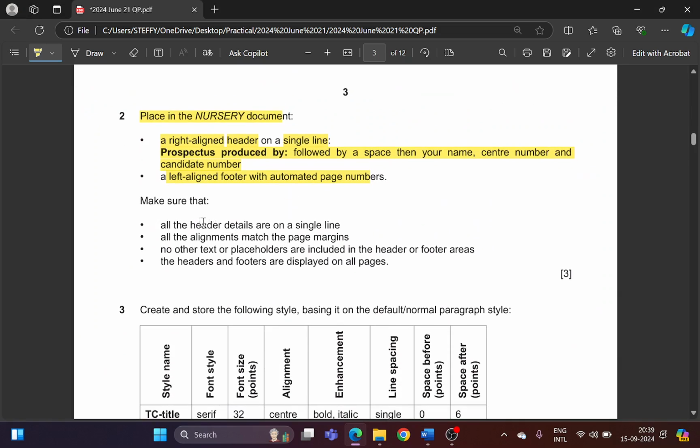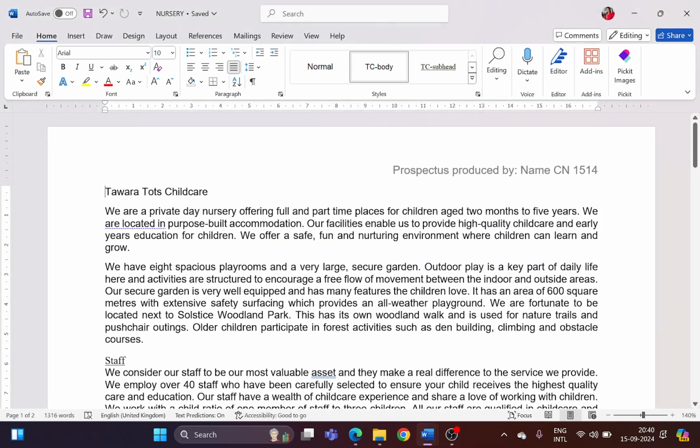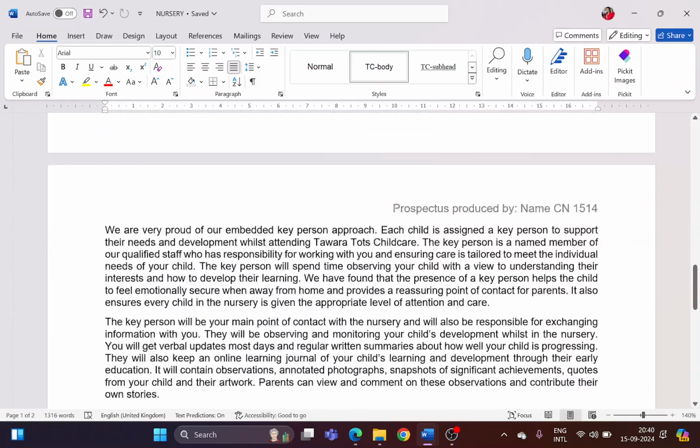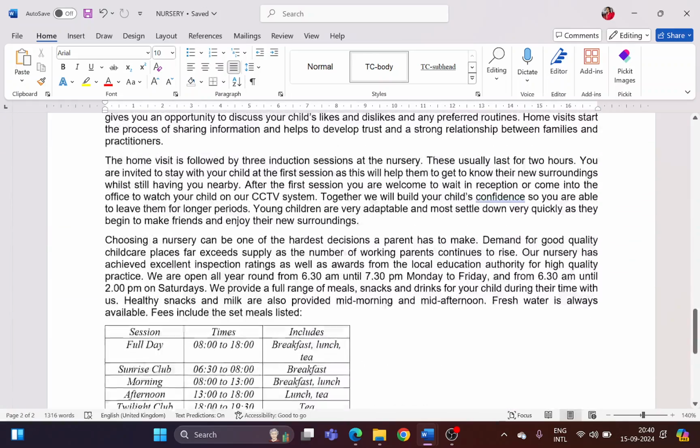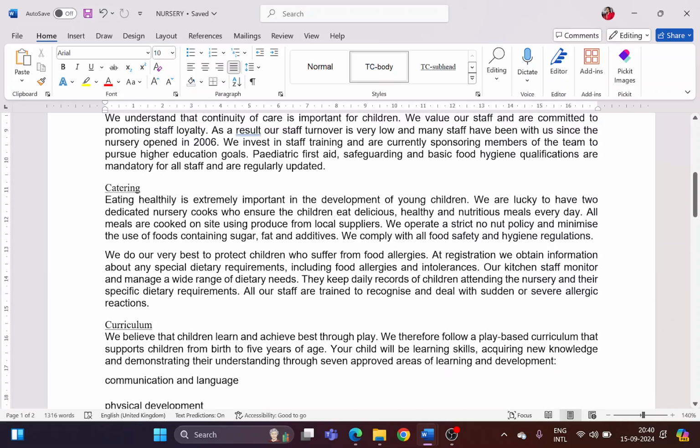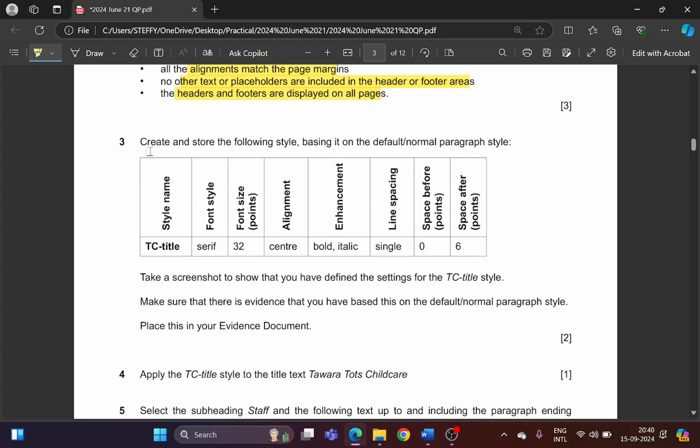Save your file. Make sure that all the header details are on a single line. Alignments match the page margin. No other text or placeholders are included in the header or footer areas, and header and footers are displayed on all the pages. Just make sure all of these are correct. Yes. Okay, now moving on to the next step, create and store the following style, basing it on the default